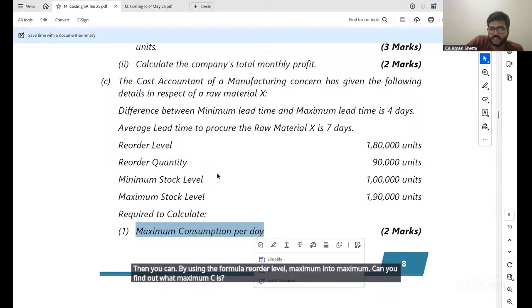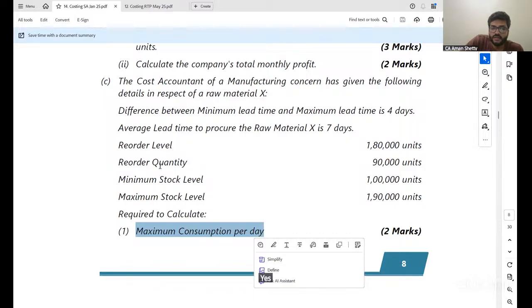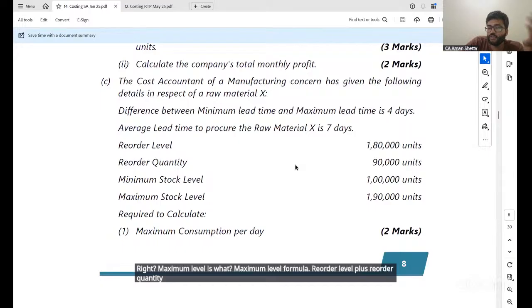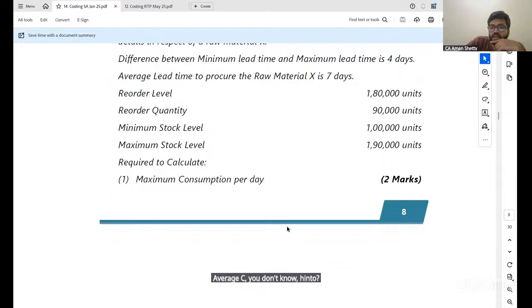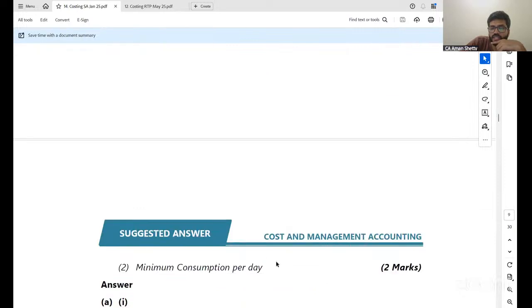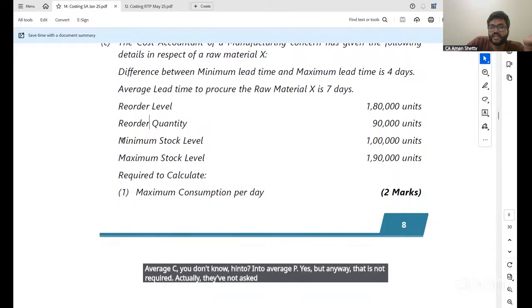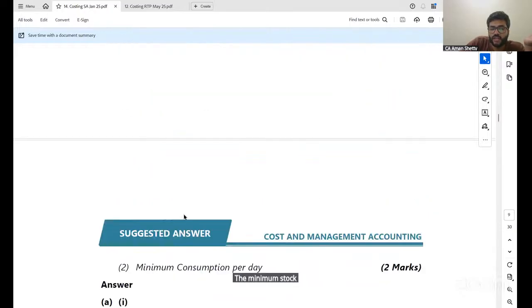Then using the formula for maximum level: reorder level plus reorder quantity minus average consumption into average lead time. Average consumption you don't know, but anyway that is not required, they've not asked. Then minimum stock level they've asked. What you need is